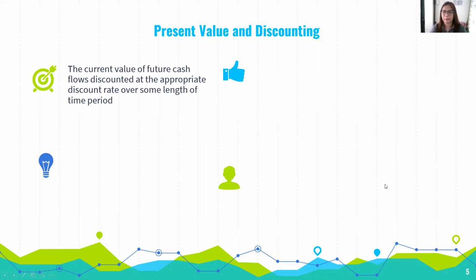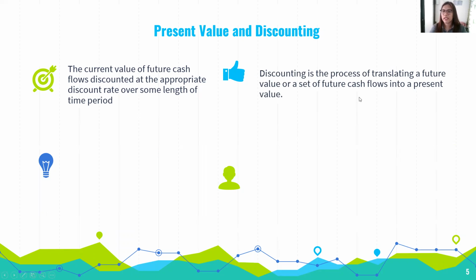So that's discounting. So discounting is the process of translating a future value or set of future cash flows into a present value. So yun nga, gaya ng sinabi ko, yung 3 million mo ba ngayon, magkano ba i-invest ko? Exactly, para maging 5 million siya after 5 years. Am I going to invest 1 million every year? E di parang wala rin nangyari kasi 1, 2, 3, 4, 5. After 5 years, that's already 1 million. Pero maybe, no, on the first year, I have to invest 600, 700, 800, etc., etc. Because it will earn interest, it will earn something na magiging 5 million siya in the future. So magkano yung present value niya?